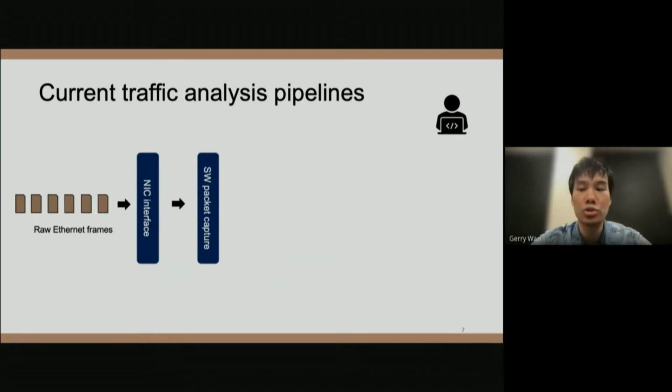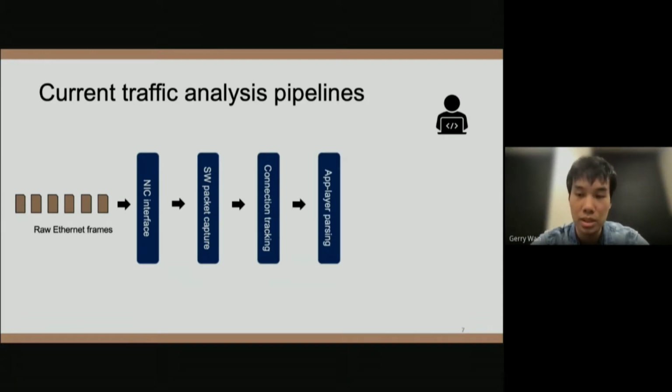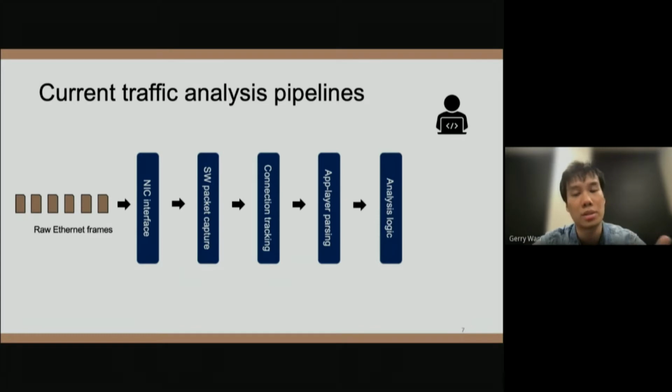But raw packets usually aren't enough to gain any substantial insights. There's more work that has to be done to track and reassemble connections. And if you want to reason about higher level entities like application layer constructs, you would also need some way of performing layer 7 parsing. And then finally, once you've parsed out the data that you're interested in, you might run some analysis logic to